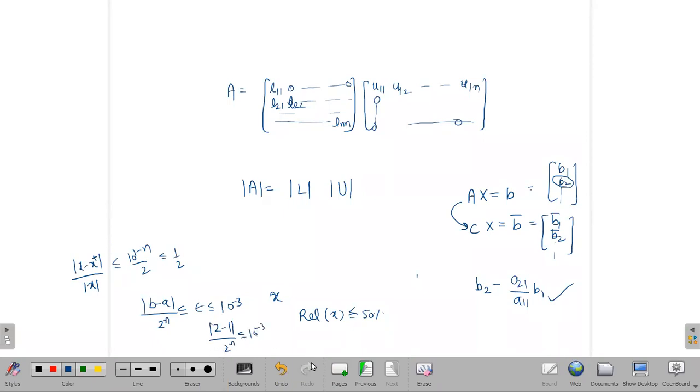Ma'am, not this one, ma'am. Yes. There was another one. They have given that let m denote the length of the initial interval. Okay, that is also the same. Here also m by 2 raised to power n plus 2 is less than epsilon is given to you. So here you take log on both sides, you will get the formula for n.